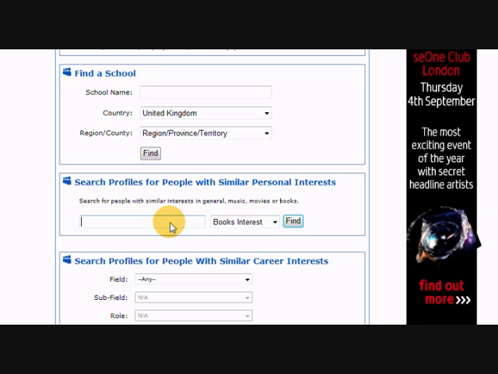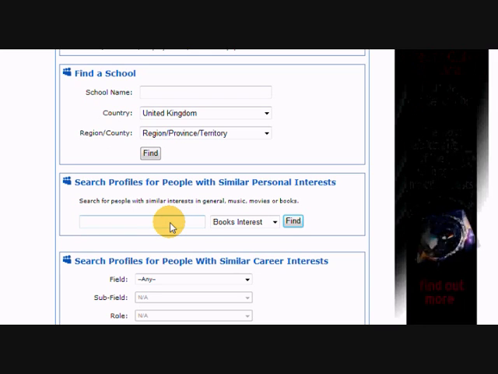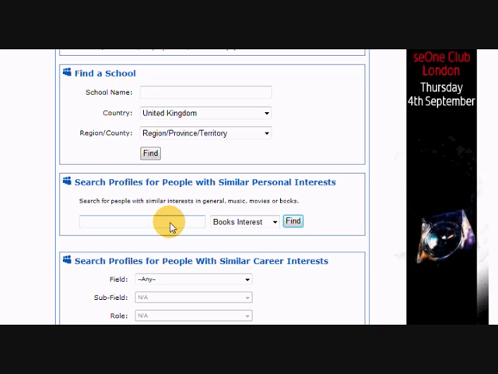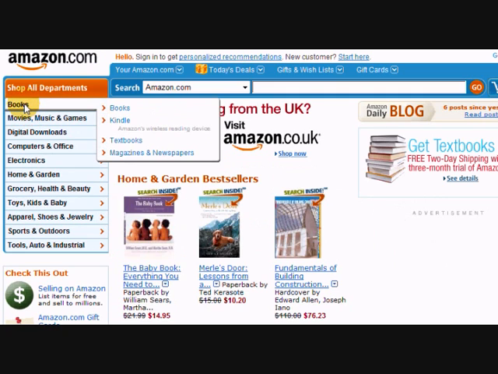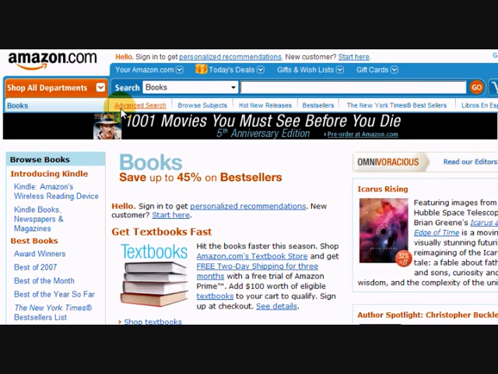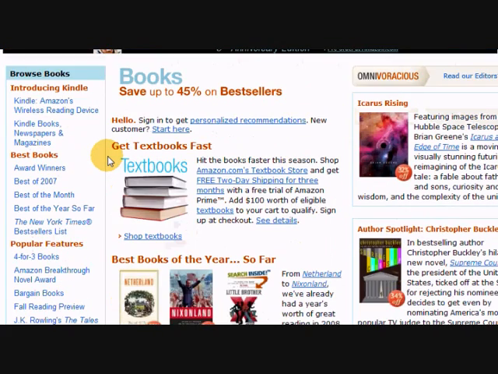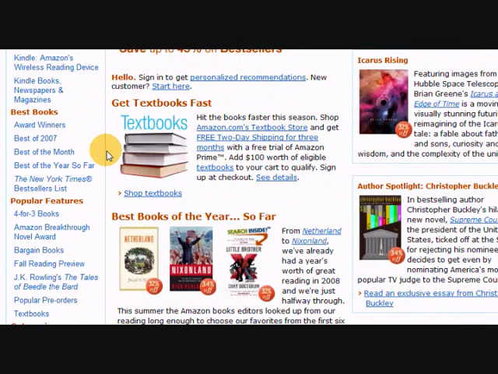But maybe you're not a big reader yourself, maybe you're not sure which kind of books or the titles of books are going to be listed on potential prospects' profiles. So if that is the case, don't worry, just go to Amazon.com, go up to the book section, and just think about the kind of books. You may not know exact titles of books, but think about the kind of books that your potential prospects might be reading. So think about books on leadership, books on business, obviously, depending on exactly what kind of business you're